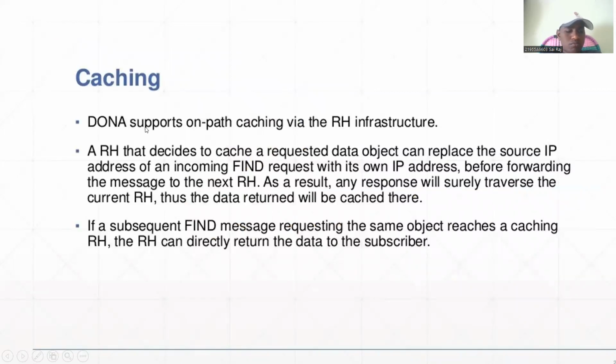Caching. DONA supports on-path caching via the RH infrastructure. A RH that decides to cache a requested data object can replace the source IP address of an incoming find request with its own IP address before forwarding the message to the next RH. As a result, any responses will surely traverse the current RH, thus the data returned will be cached there. If a subsequent find message requesting the same object reaches a caching RH, the RH can directly return the data